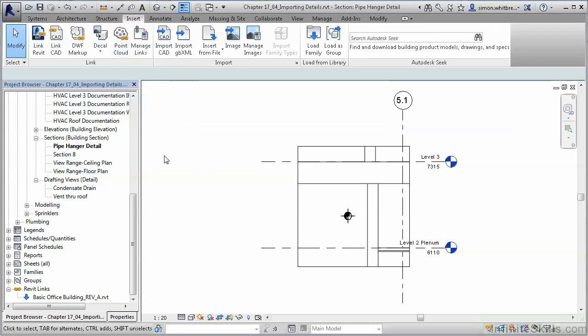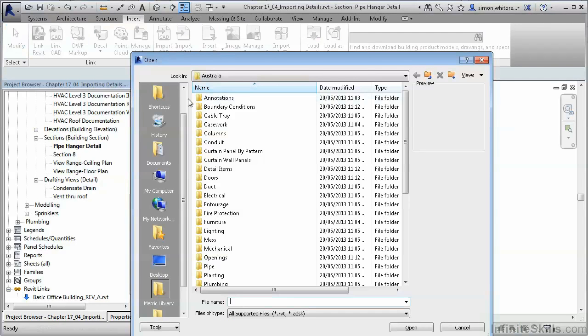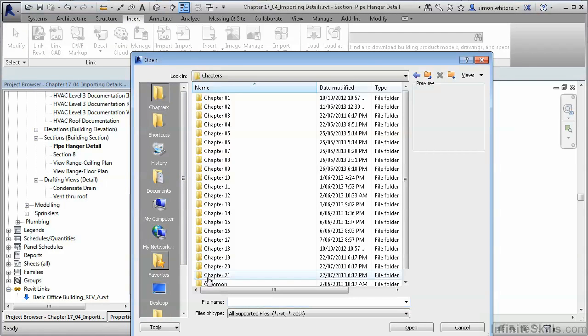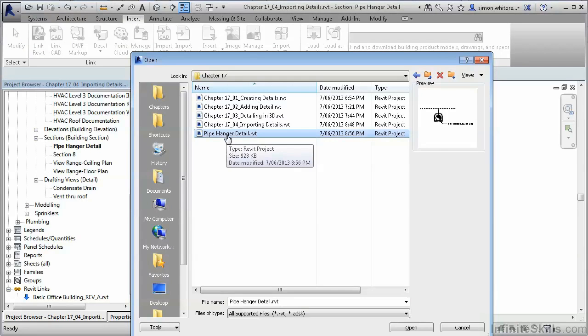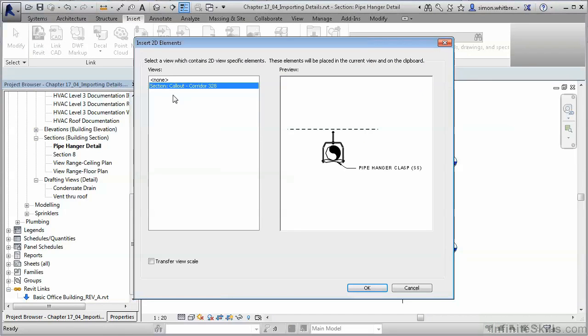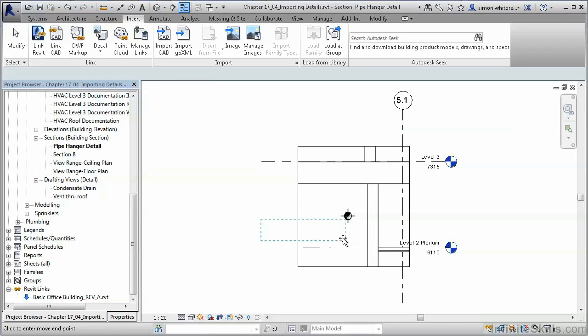Click on the Insert tab and then click on Insert from File, Insert 2D Elements from File. Browse to your Chapter 17 folder and select the Pipe Hanger Detail. Here we've got a section, it's called Callout, Corridor 328, and we've got some detail elements. Click on OK. The duplicate types we can just click on OK with, and Revit's now placing those detail elements